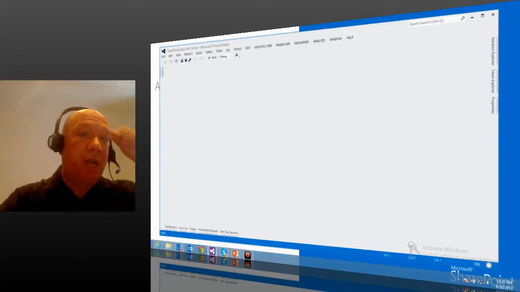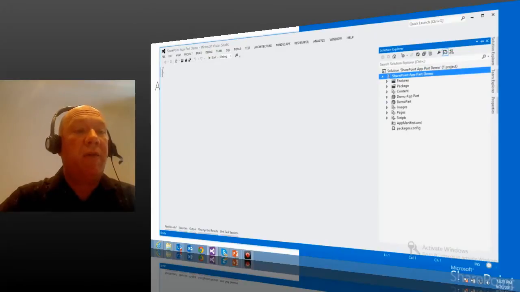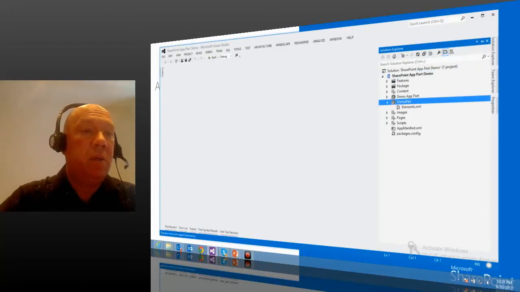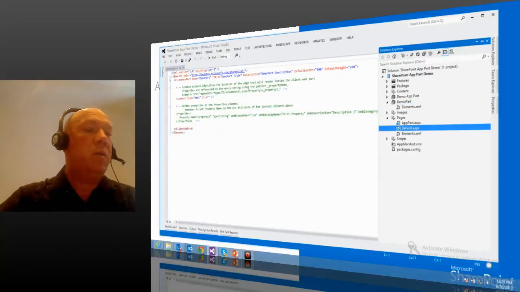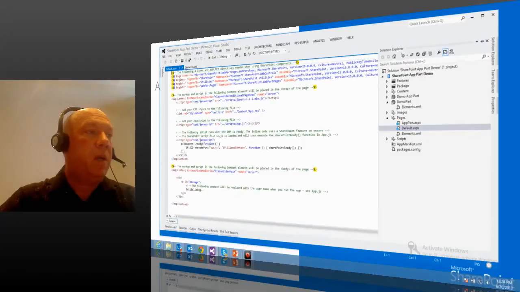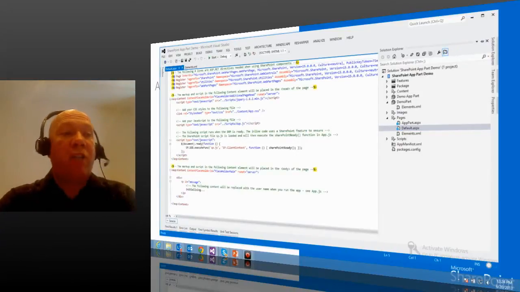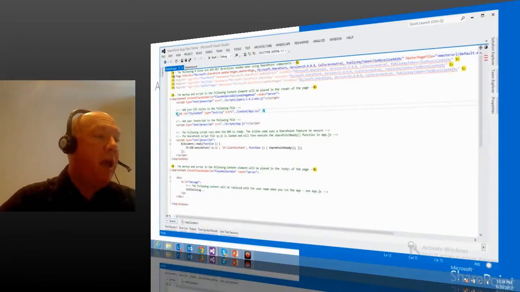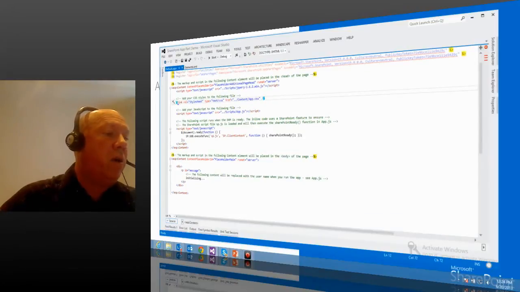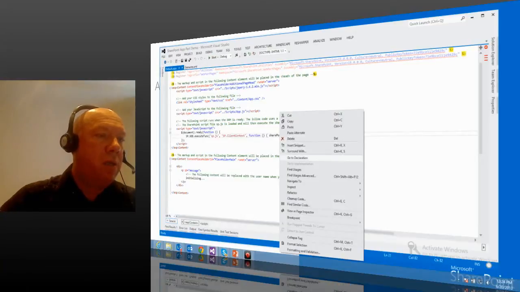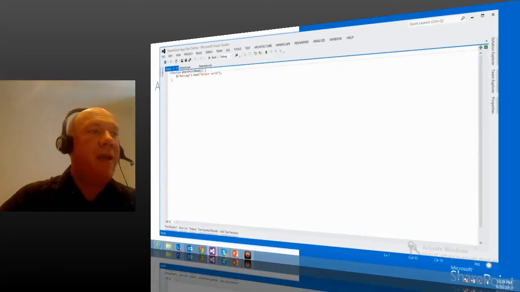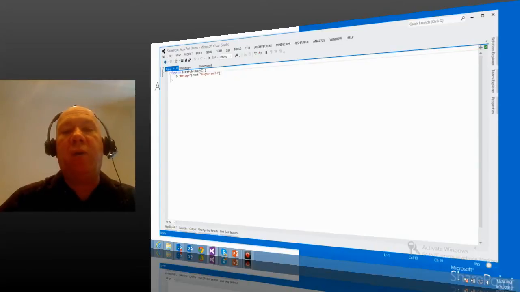So if I actually take a look at the code behind this, I have my pages, and I've got my default page. This is my full page application that you happen to be looking at, and it is just simply calling initialize. It's not really doing much of anything. If you take a look at SharePoint Ready, it's just simply putting Bonjour World out,